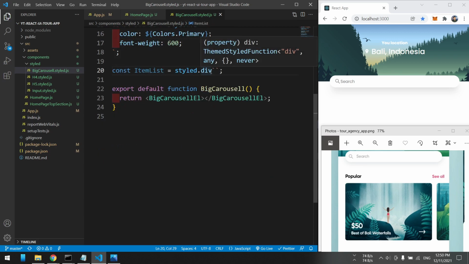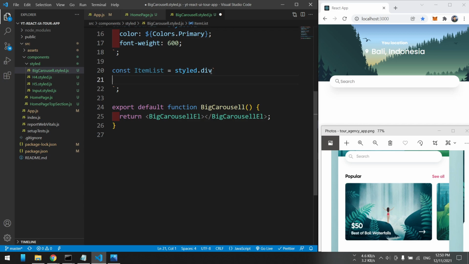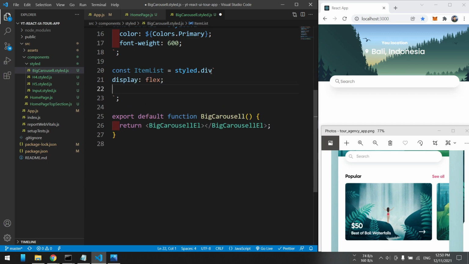In the item list, we need to set the item list display to flex, if I'm not mistaken. Yes, we need to set this to flex, and flex direction should be row, because the carousel is going to be scrollable horizontally, not vertically. So let's give it a margin top of 1 rem,